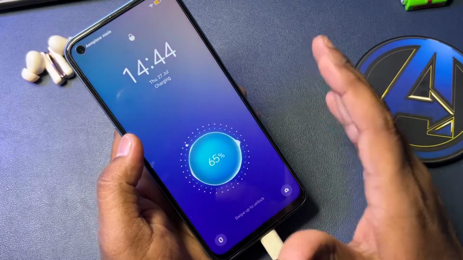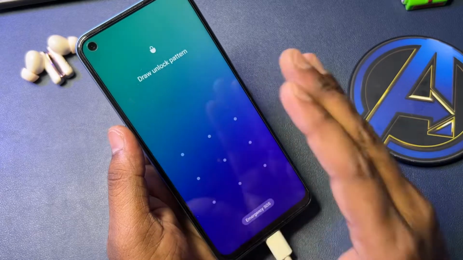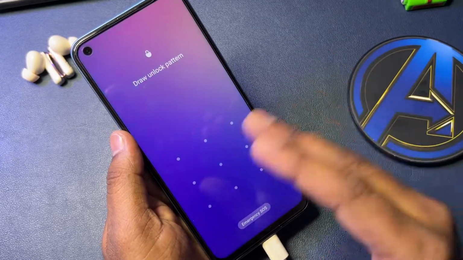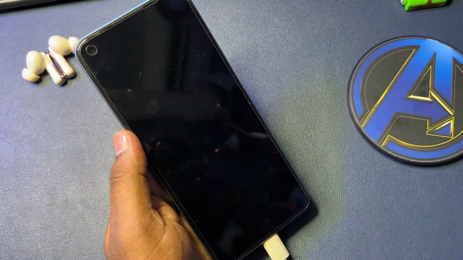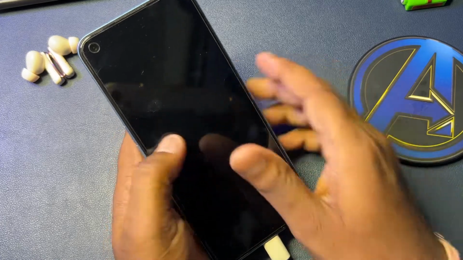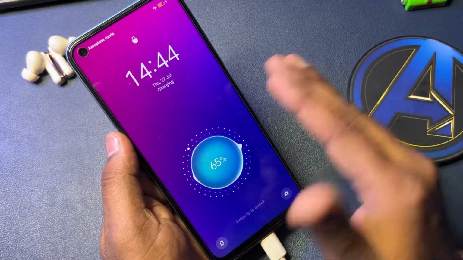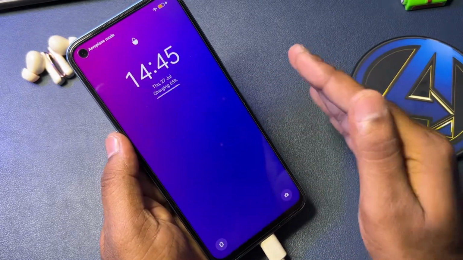This is a locked smartphone, completely locked, and I have no idea what this smartphone's password lock, pattern lock, or PIN lock is. So I am going to reset this mobile without any computer, without any software, and without any data loss. Yes, my friend. And if you are watching this video, then I'm sure that your smartphone is locked due to